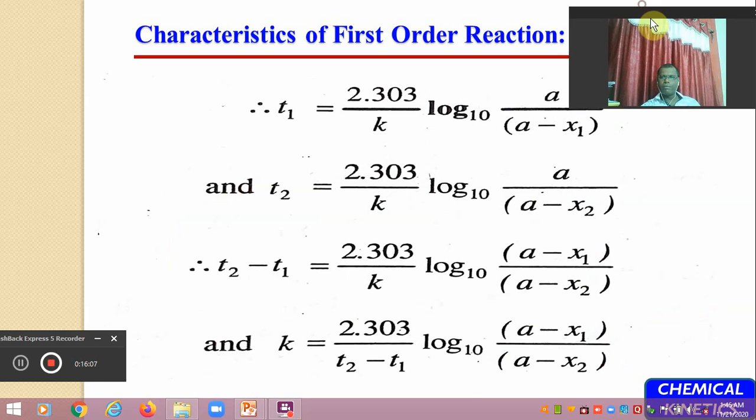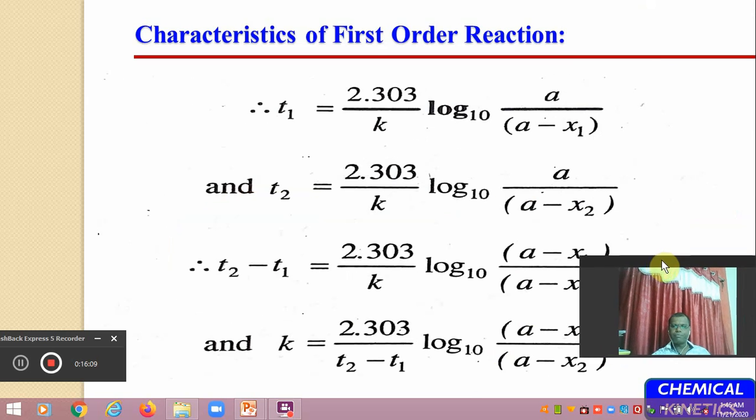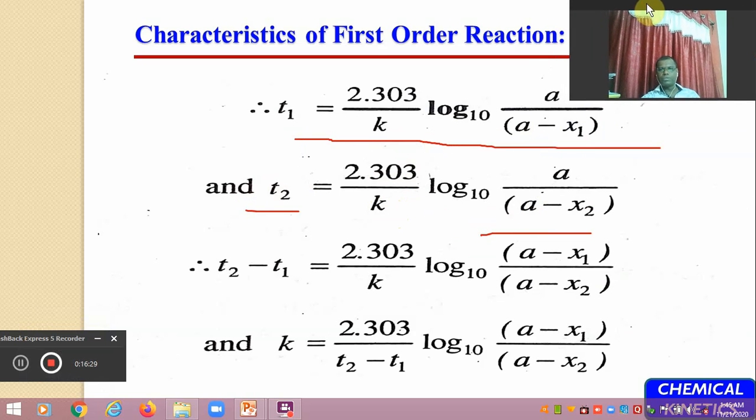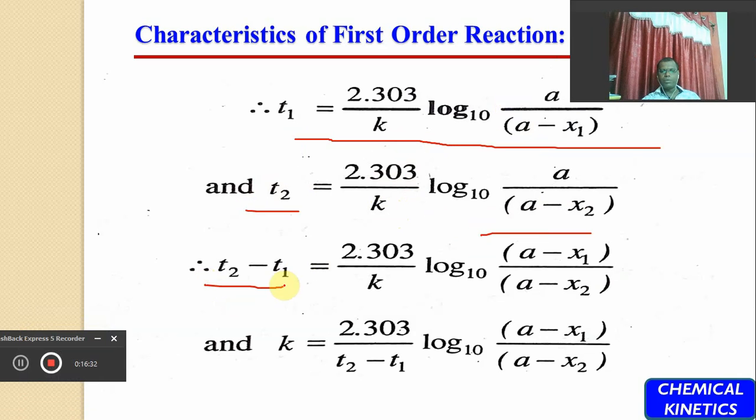So here we can write the equation for t1 as 2.303 upon k log to the base 10 of a upon a minus x1, and for t2, 2.303 upon k log to the base 10 of a upon a minus x2. If we take the difference of these two equations, t2 minus t1, it will be written simply as 2.303 upon k log to the base 10 of, since log a minus log b is equal to log a upon b,